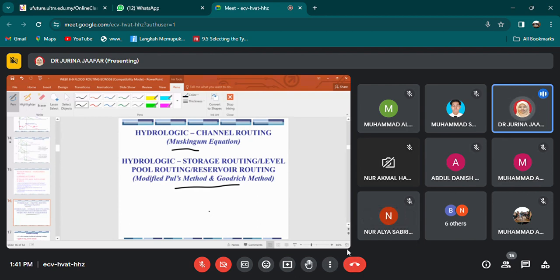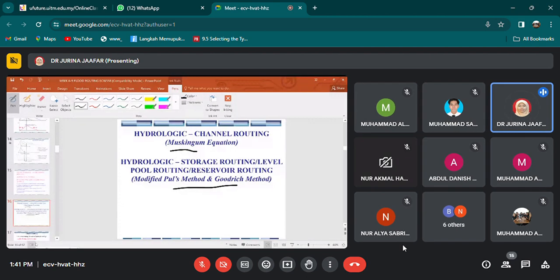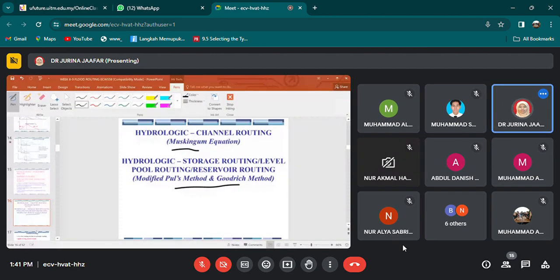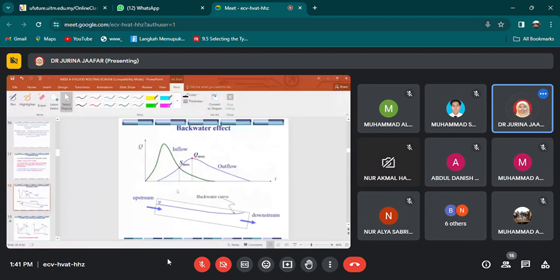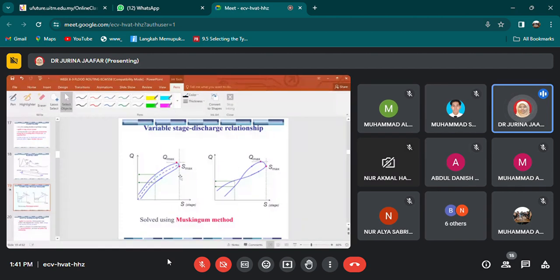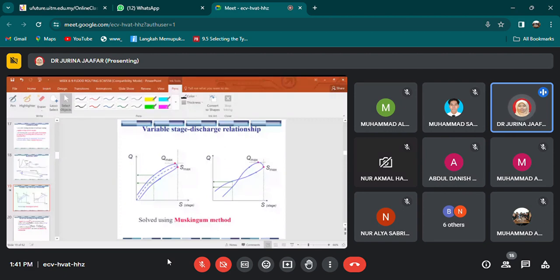Okay, kalau untuk Muskingum method untuk river, kalau tengok pada river, dia ada dua komponen di sini. Ni sungai. So sungai ni dia punya assumption that bila ada inflow, dia mesti sama keluar dekat outflow. So the route ni dia punya between the loop tu has to be very close to each other. So komponen parameter yang dia tengok di sini adalah